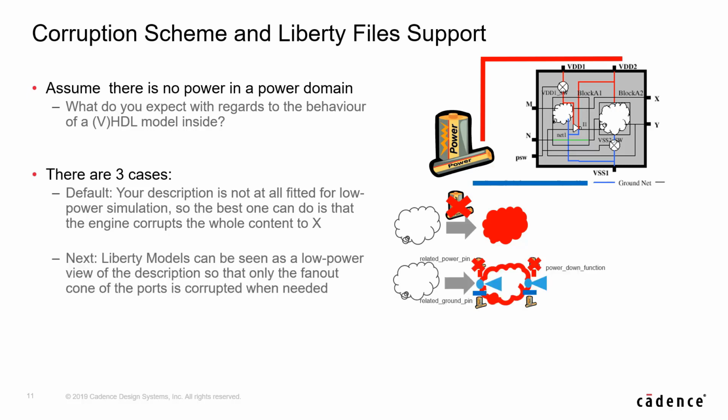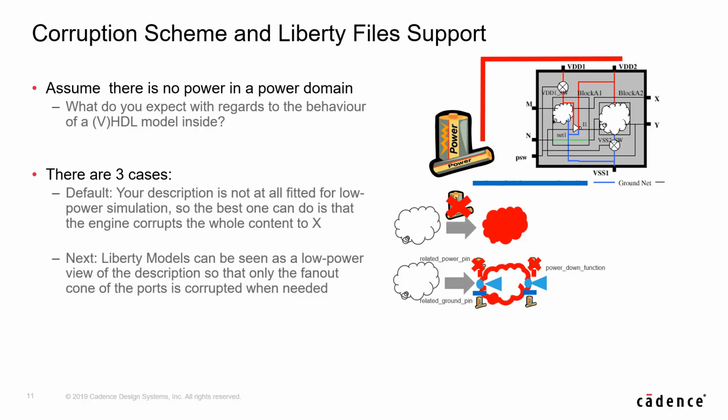The second way is to say, okay, this is an ARM macro for which I also have a Liberty model. The Liberty model can be seen as a low power view of the description that will be put atop the model that you have. That means that we will not corrupt the entire design, the entire block. We will corrupt only the fan-out cone of the ports upon specific conditions. In the Liberty model, there are attributes such as related power pin and related ground pin that link the supply net to the port, to the pin of the model. Each time the supply net goes off, we will take over and corrupt the fan-out